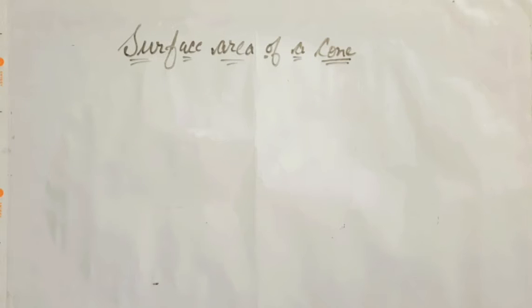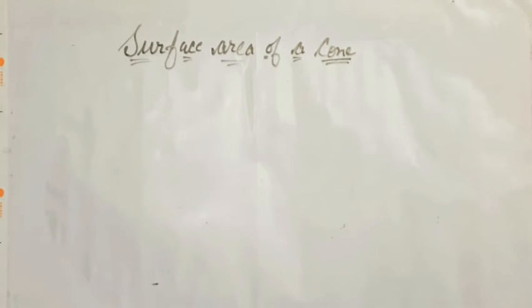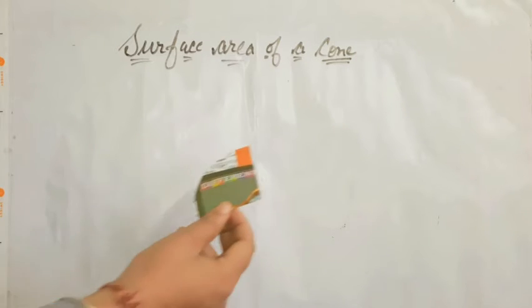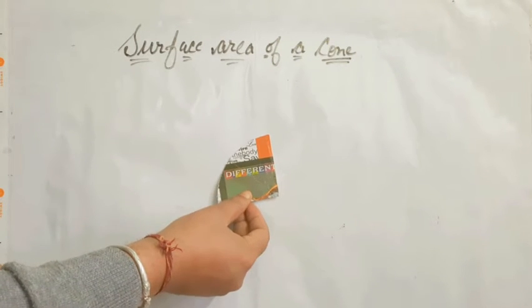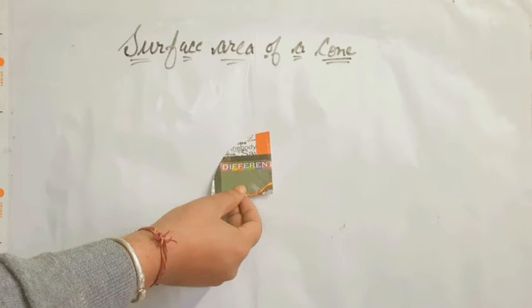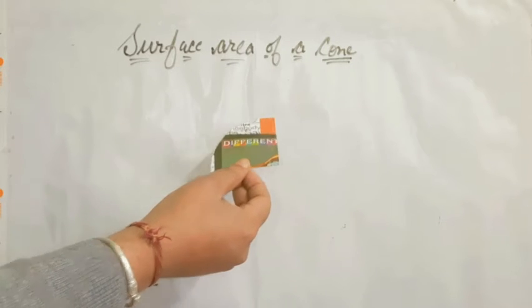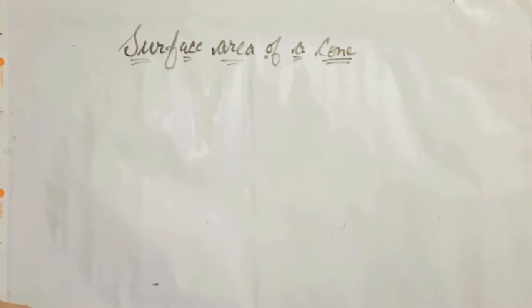Namaste everyone. Today we are going to derive the formula for the surface area of a cone. First of all, let me tell you how a cone came into existence. I have a quarter of a circle in my hand. You can take a semicircle or three-quarters of a circle also to frame a cone. I have a quarter of a circle, and if I revolve it